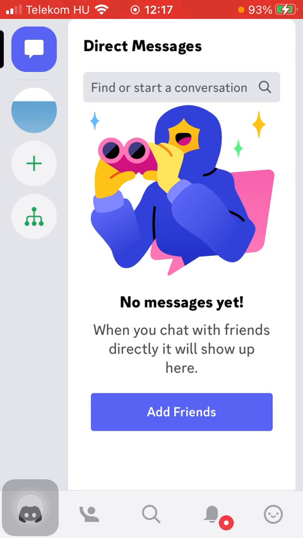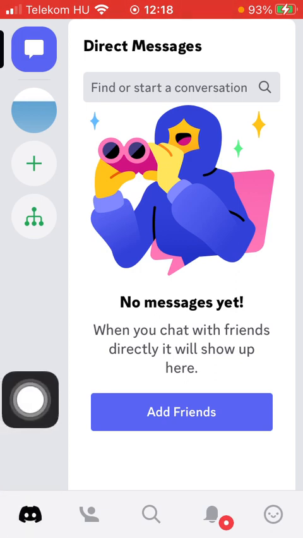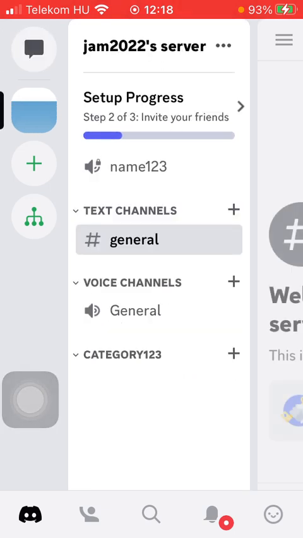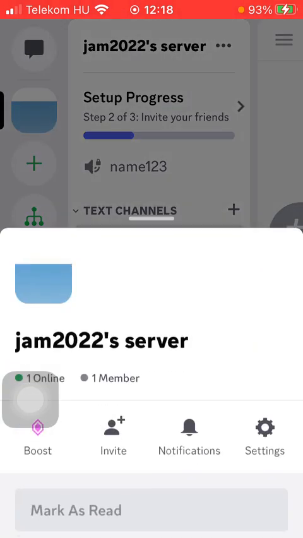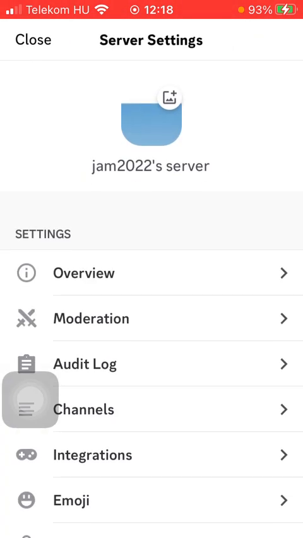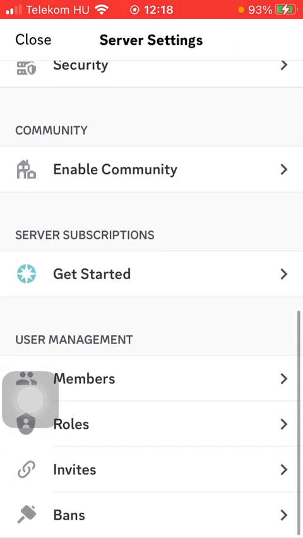First of all, open the application on your phone. Then click on the Discord icon down below on the left side corner. After that, tap on the server image at the top of the screen on the left side. Tap on the more icon at the top next to your server name and then click on settings. Scroll down to the user management section at the bottom of the server settings page and click on roles, which